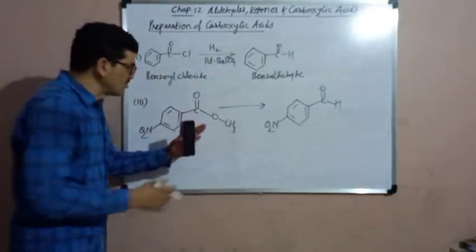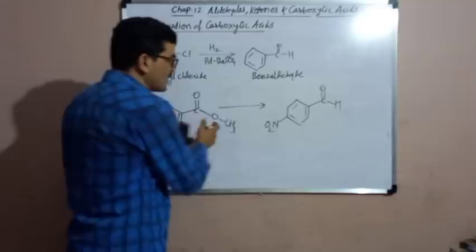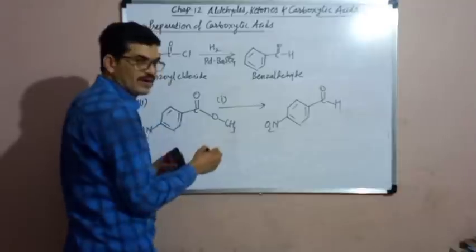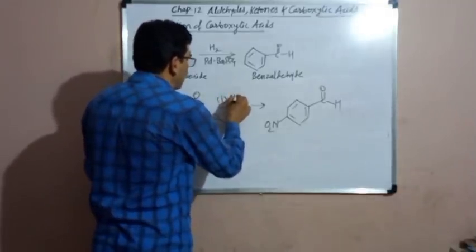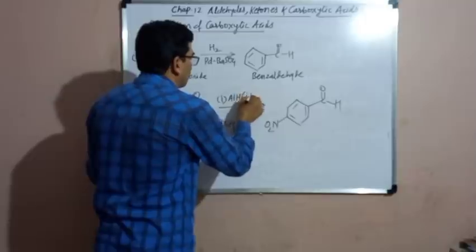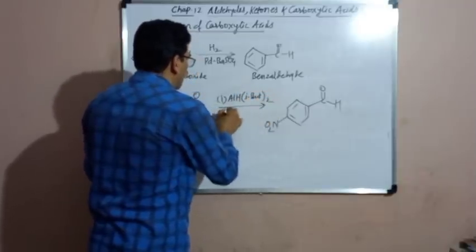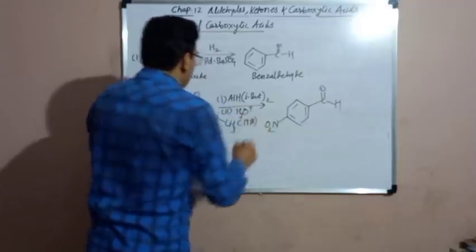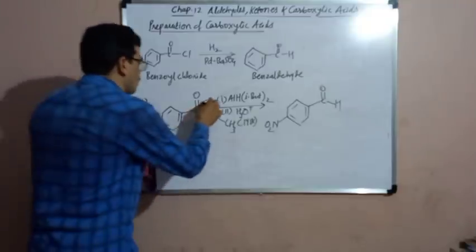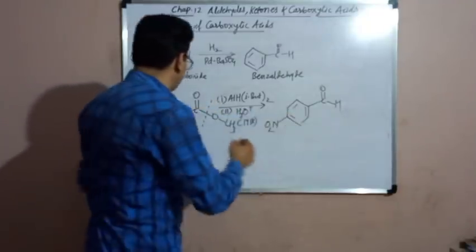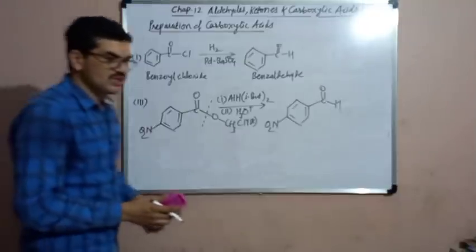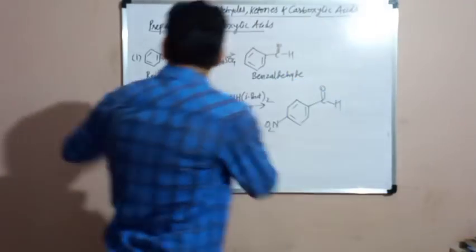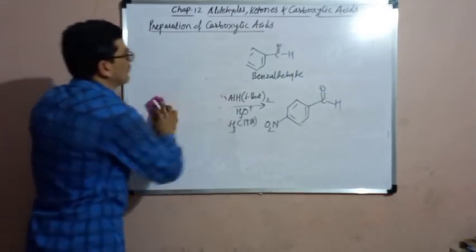And we have seen how the ester is converted to aldehyde a few minutes ago. Here what we have to do? We have to bring about the reduction by diisobutyl aluminium hydride, followed by acidic hydrolysis at 195 Kelvin. So here there is a direct conversion of this portion into the aldehyde. In this way, we can bring about these conversions which are asked in the textbook under the head use your brain power. Now we are going to study the preparation of carboxylic acids.